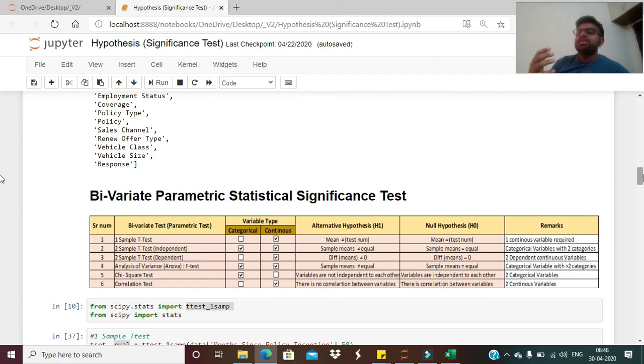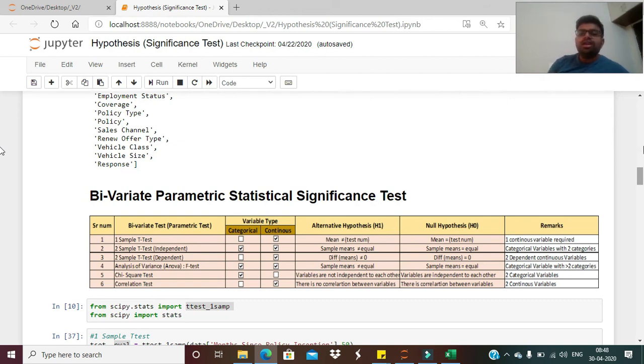Many times we have the data and want to perform a bivariate statistical test, but we are not sure which type of test can be performed for which type of variables, and what null hypothesis is predefined in that methodology.